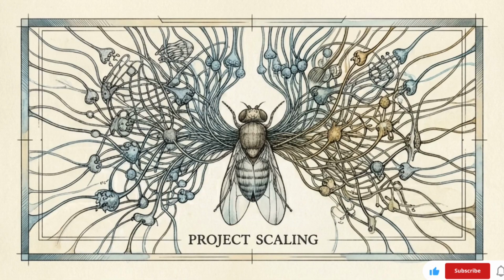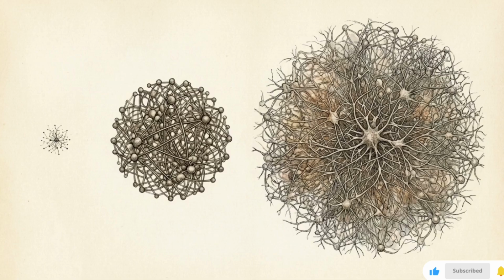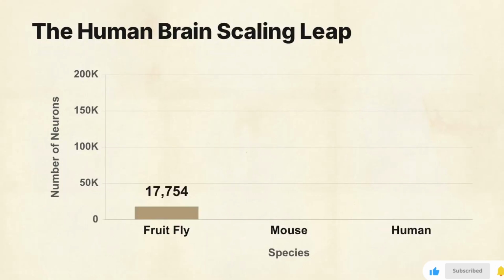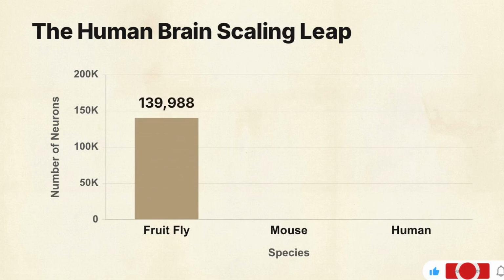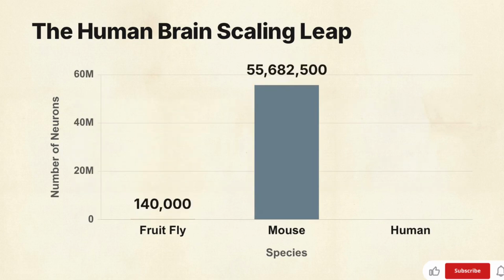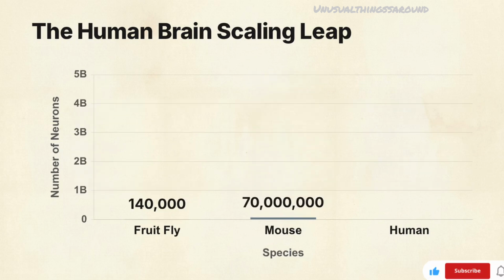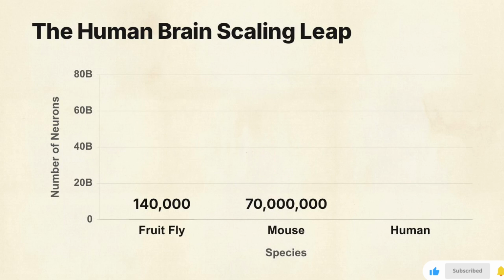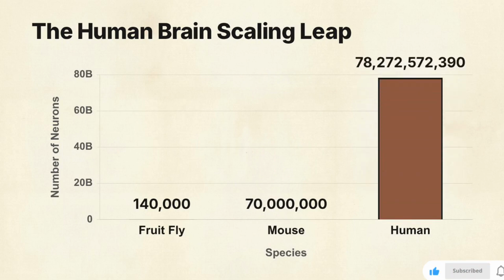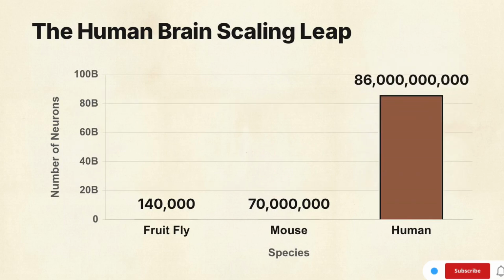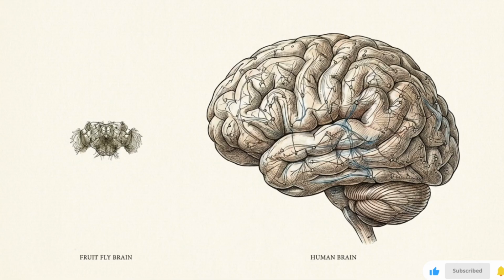Eon Systems is using this as a foundation. The objective is to map larger nervous systems and scale up this process to create more advanced digital minds. This chart shows the immense computational jump required for the immediate next step. We have to scale up from the 140,000 neurons of a fruit fly to map the 70 million neurons inside a mouse brain. Scaling that same chart exponentially brings us to the human brain, containing 86 billion neurons. While emulating an insect is a milestone, bridging the gap to human-scale complexity represents a theoretical and computational challenge that